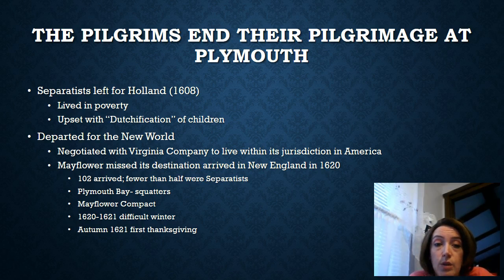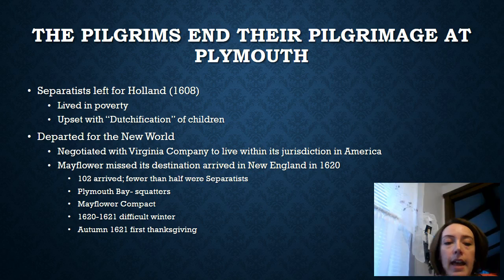And so this is where they start to negotiate to go to the New World. They go to Holland in 1608, so Jamestown has already been established, although it's still in its infant stages and suffering, but there's that possibility. So a group does approach the Virginia Company of London to live in its colony of Virginia in the New World, and they get permission.